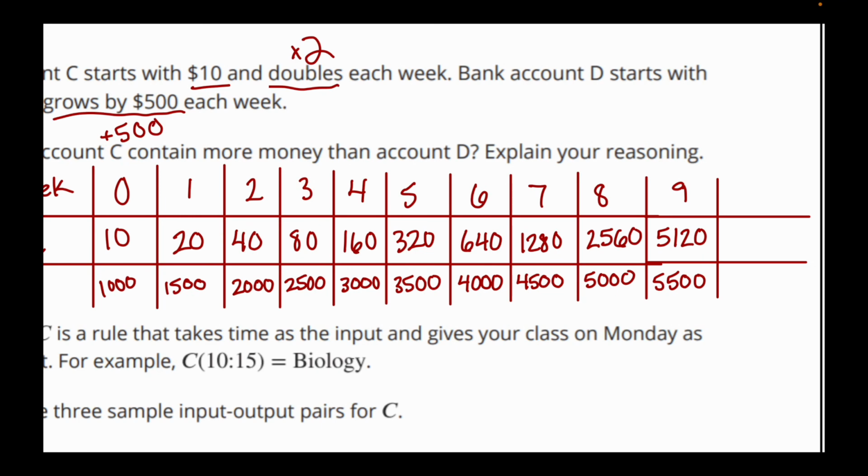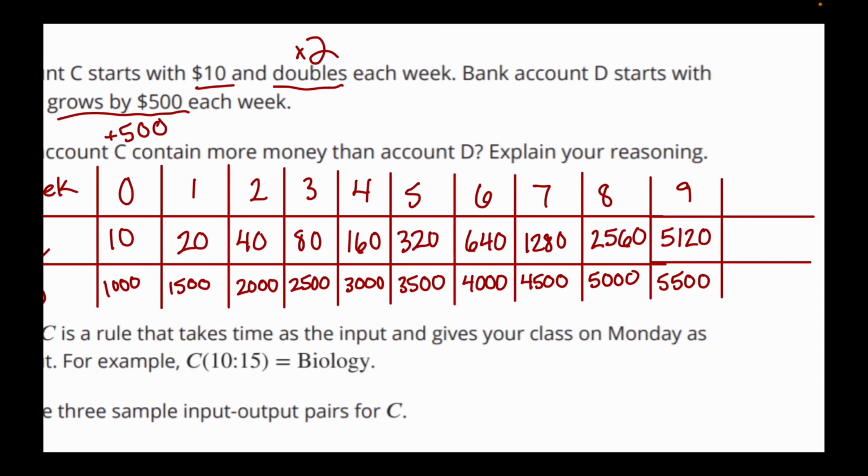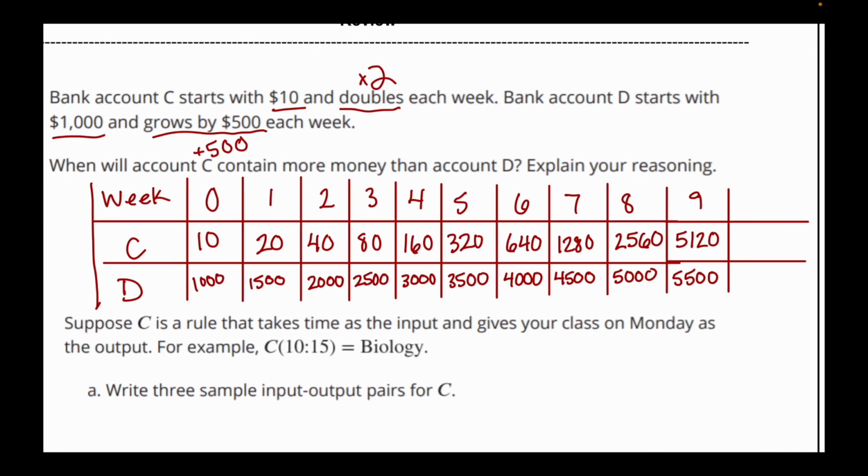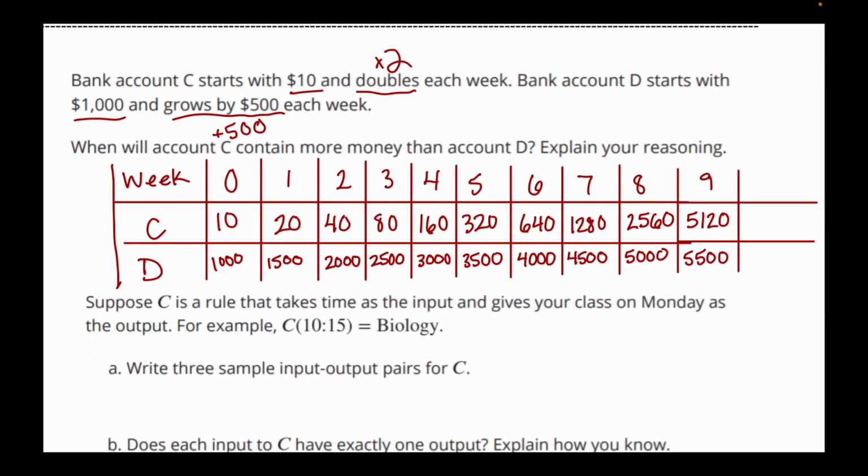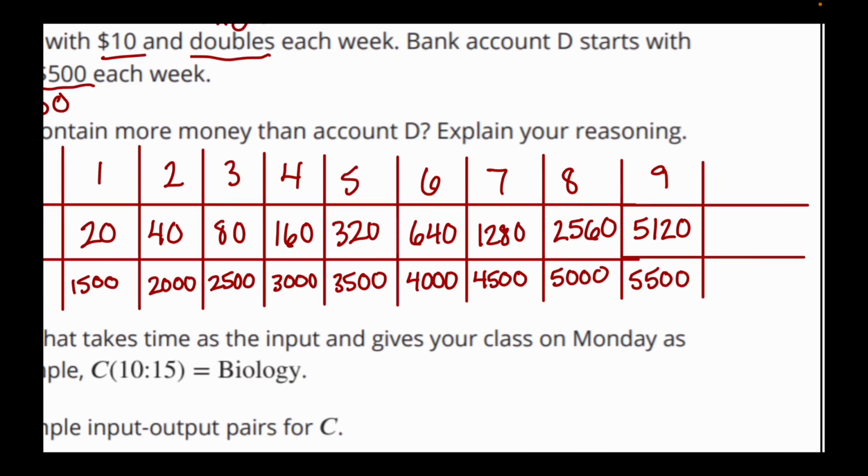So on the 10th week, when we double what's in bank C or in account C, that is going to actually reach over 10,000. So we are going to say 5,120 times 2, and we will get 10,240. And this account here, we're going to have $6,000. So I would say here at week 10,